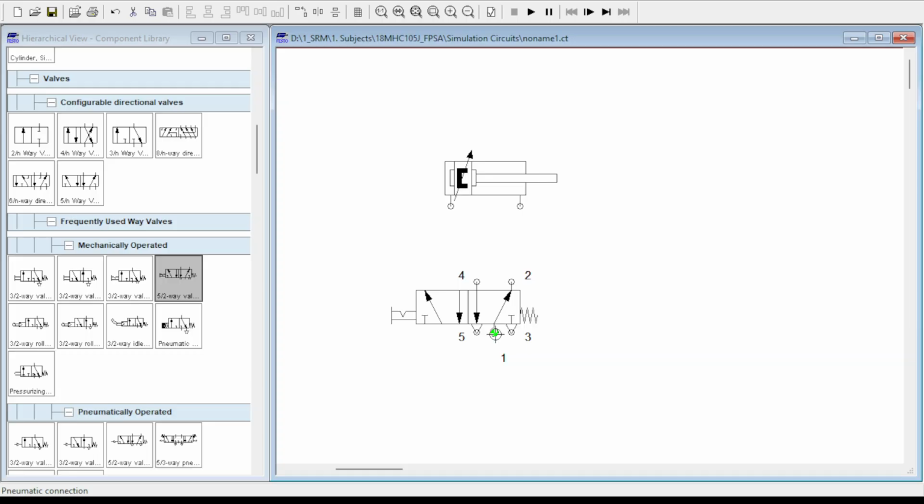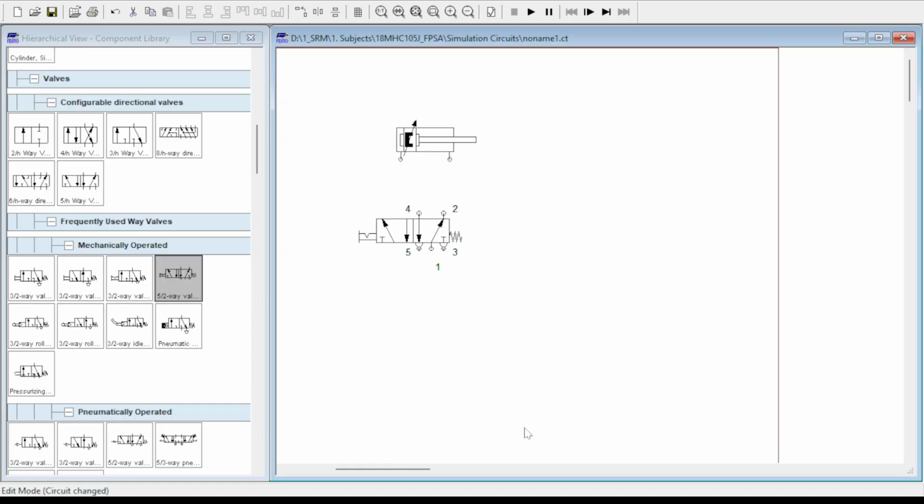You can see that this DCV consists of five ports. Port number 1 will be the input port to which compressed air supply will be connected, and odd numbered ports 3 and 5 will be meant for connecting it to the exhaust or to open up into the atmosphere. Port number 2 and 4 will be the output ports of this DCV, which will be connected to the corresponding port of the cylinder. And this DCV is actuated by a push button with a detent operation, which means when the DCV is actuated, it will try to retain in that position unless it is actuated otherwise again to release from that position.